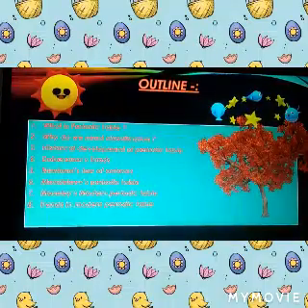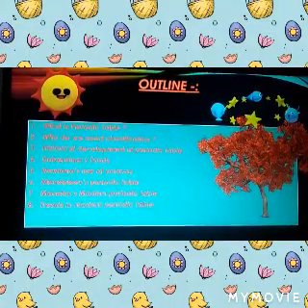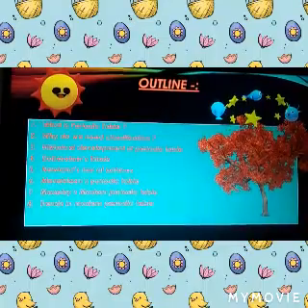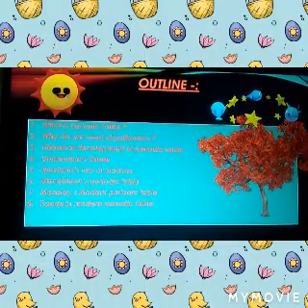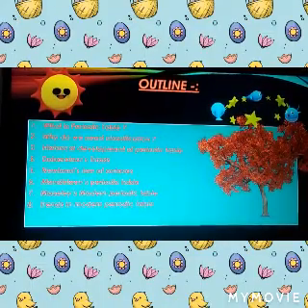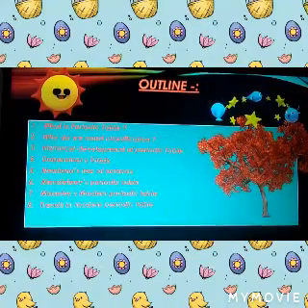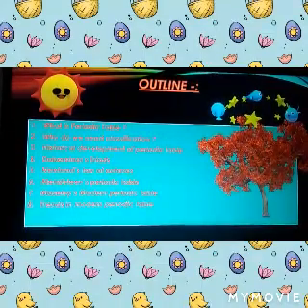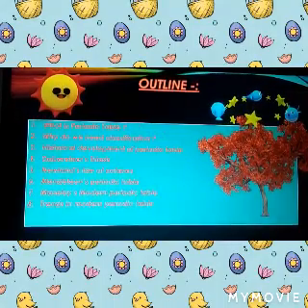Here in this PPT we get to know, first, what is a periodic table. Second, why do we need classification? Third, the historic development of the periodic table. Fourth, Dobereiner's triads. Fifth, Newlands' law of octaves, Mendeleev's periodic table, Moseley's modern periodic table, and trends in the modern periodic table. So here we can see that we are covering each and every part of this chapter.